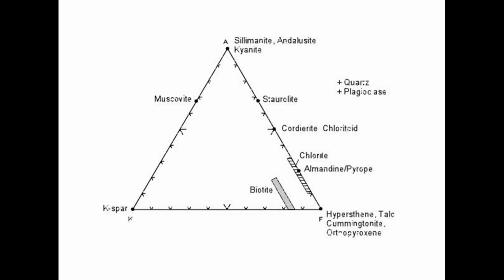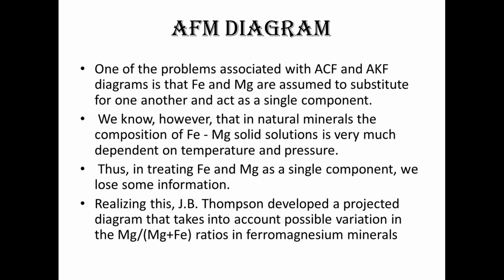Now this diagram shows all the minerals which are plotted in the AKF diagram. Note that the AKF diagram is used for CaO poor and K2O rich rocks, whereas the SCF diagram is used for Al2O3 and CaO rich rocks. See, in the AKF diagram we subtract the value of C. That means we can use it for rocks where CaO is present in a minimal amount. Similarly, we have a place for K2O in the AKF diagram, so we can plot the minerals which are rich in K2O value.